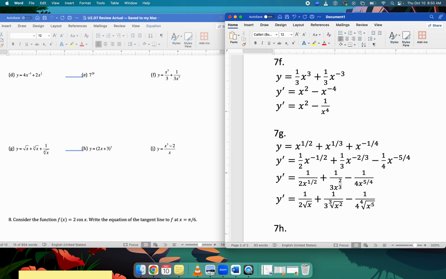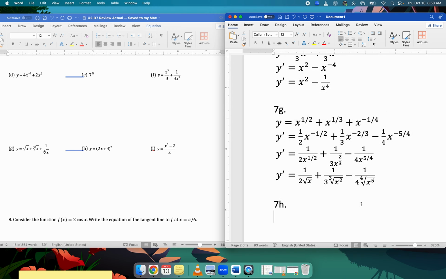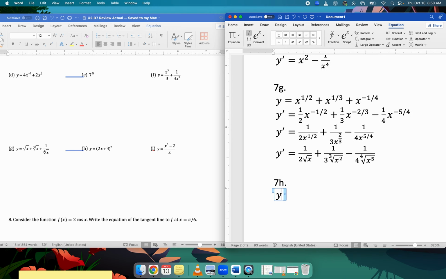7h, you need to rewrite that before you can use the power rule. You need to expand that out. That means 2x plus 3 times 2x plus 3, right? It does not just mean square each term separately, right? It's not just like 4x squared plus 9. That's wrong, okay? That means 2x plus 3 times 2x plus 3,